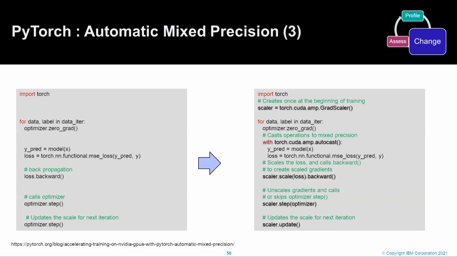Right. For PyTorch, this is a change you should consider if you want to use this automatic mixed precision tool. It's now fully integrated inside the traditional PyTorch distribution. And you have to actually instantiate a scaler, what they call a scaler, and you can see the different changes here. So it looks pretty much the same.